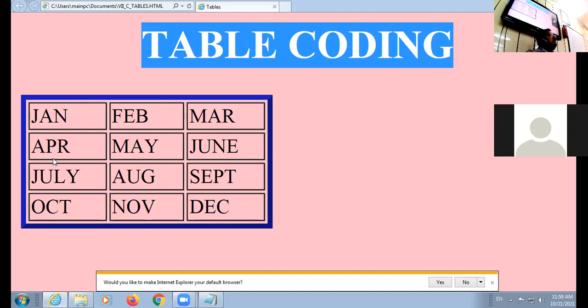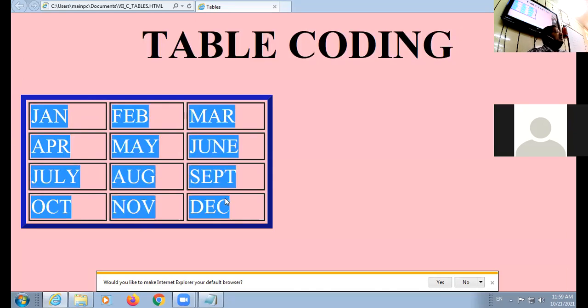Now, 2 concepts are there. Pay attention. If I do alignment of the table, it will only bring the table in the center or in the right or in the left. It will not affect, it will have no change on the data of the table. This is the data which I have shaded. The table data is by default left aligned.